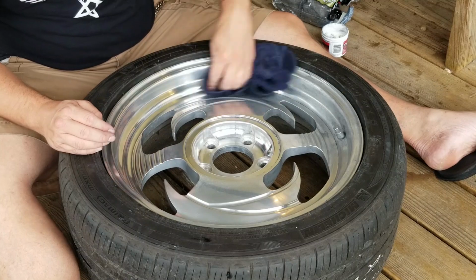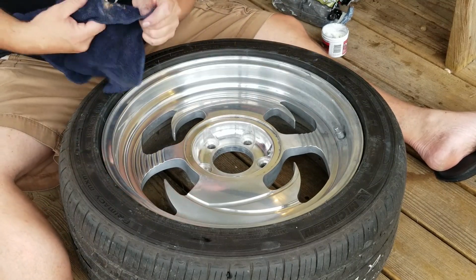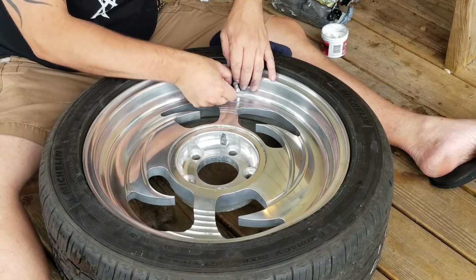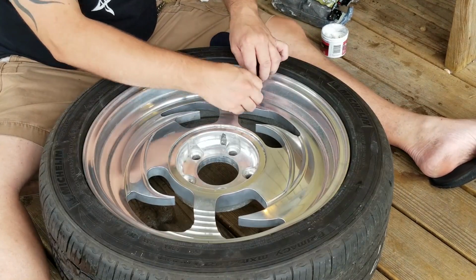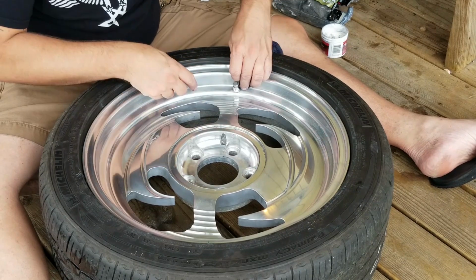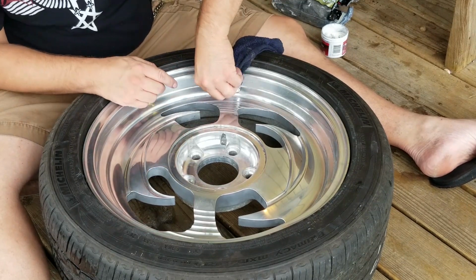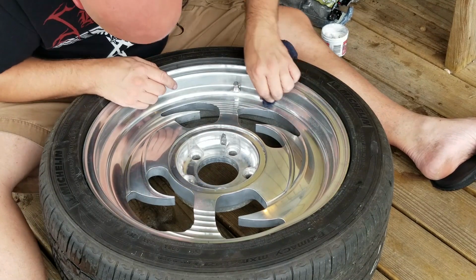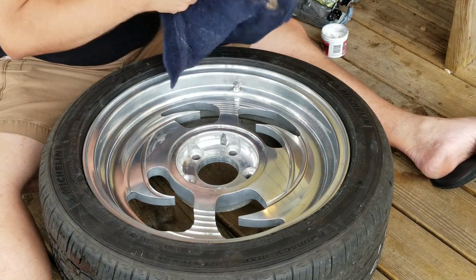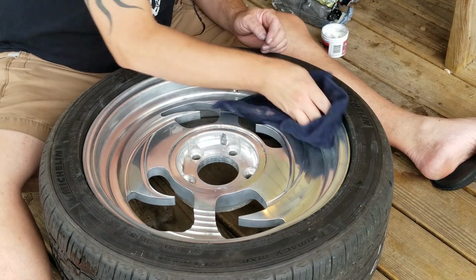I have a few ideas, but nothing set in stone. But this one is actually really not bad at all compared to the two bad ones. Actually, I believe this is the best wheel on the truck as far as not being dirty. When I found it